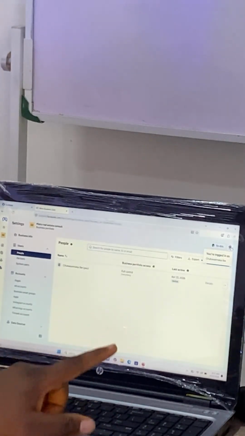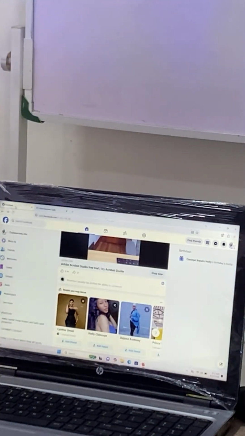If you didn't log in initially, then you now have to log in. So whichever way you are doing it, just make sure that you have the original Facebook before trying to open the business manager suite. Right? So right now, while we are setting up, we have not gone that far.